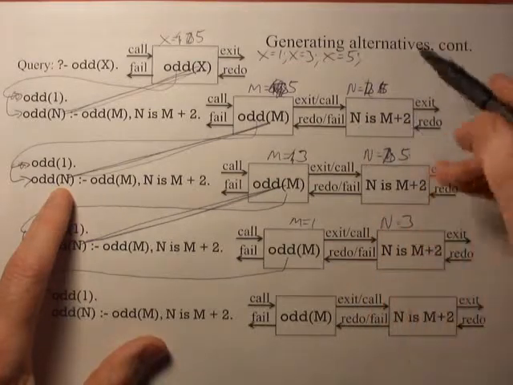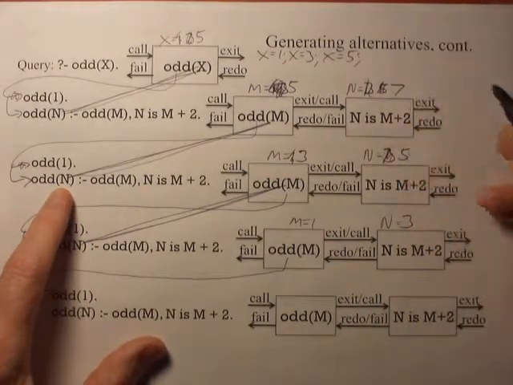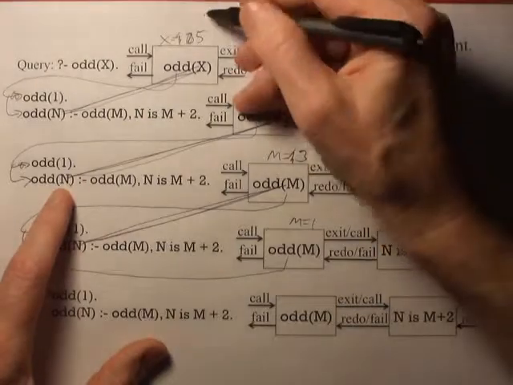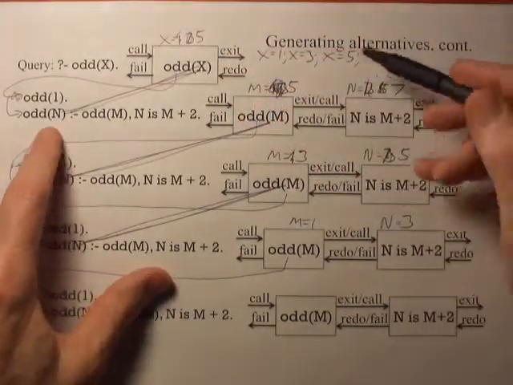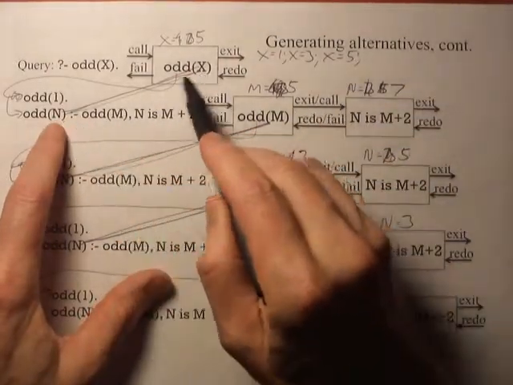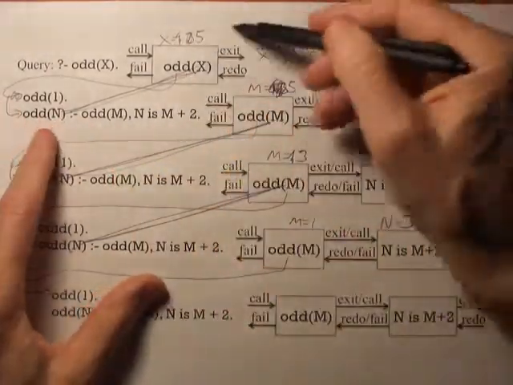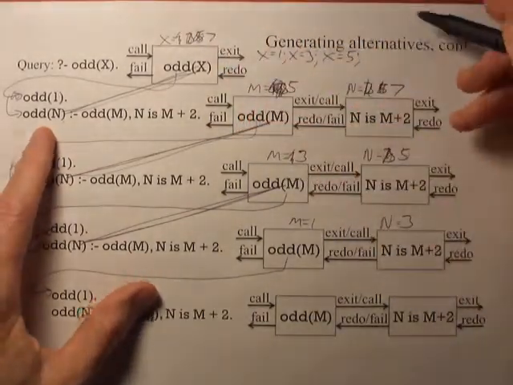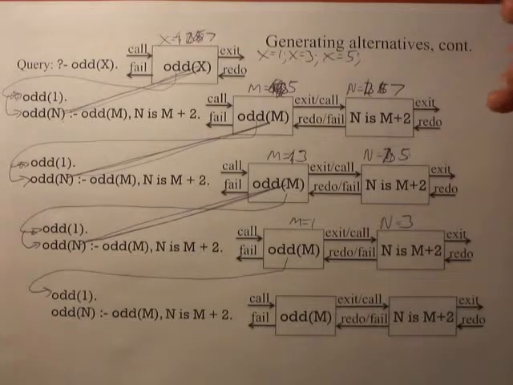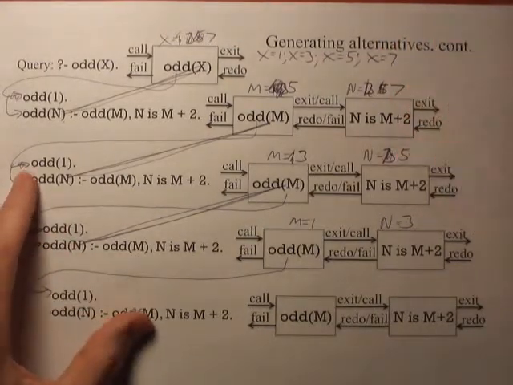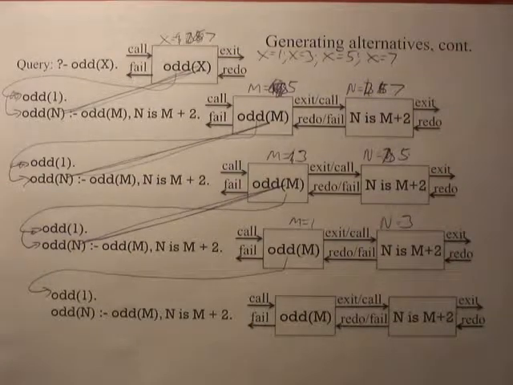We've got n is m plus 2. That's 7. We exit here, and that gives us another value, again by this n being unified with this x in the top level goal. We now see that x equals 7. We go back to the user, or at this point, the user sees another value, x equals 7, and this process will just go on